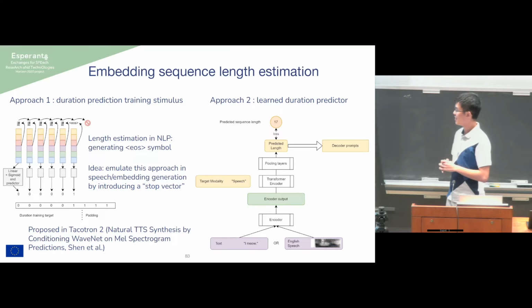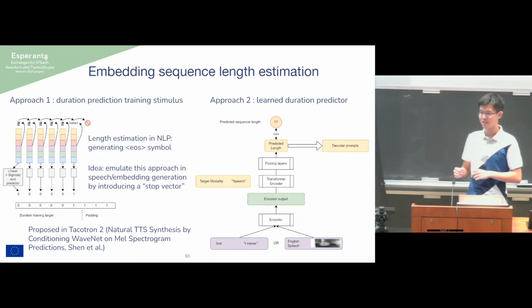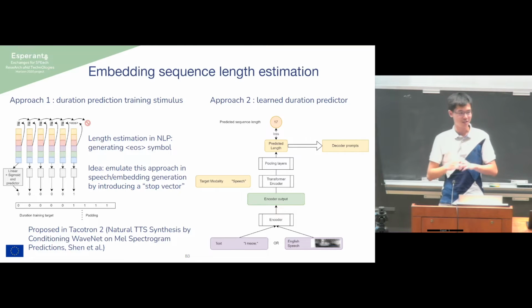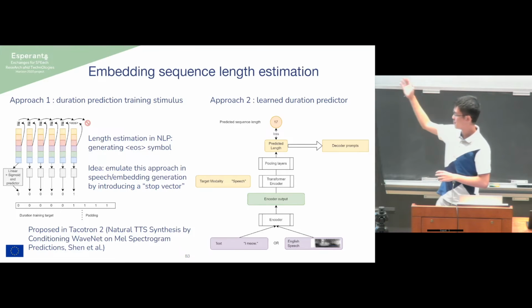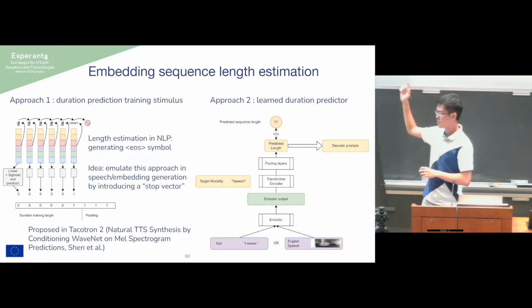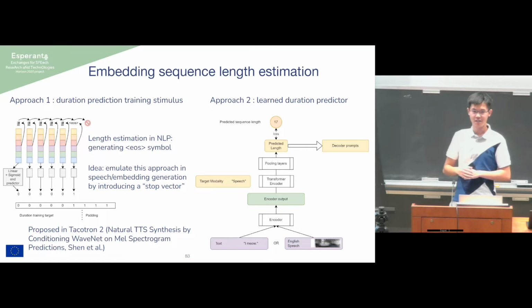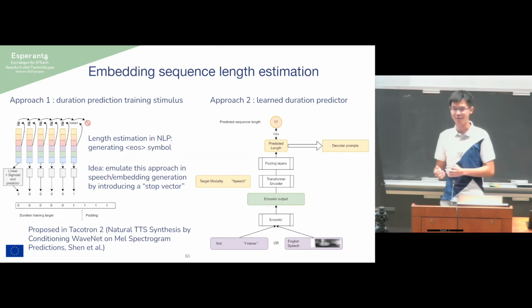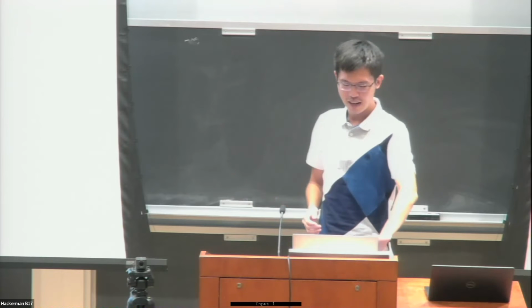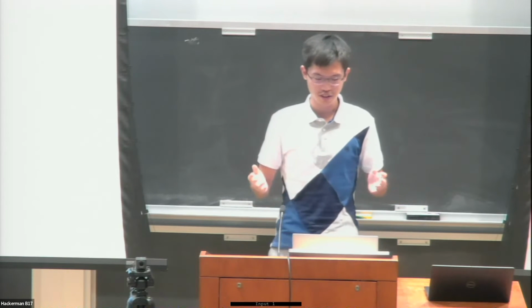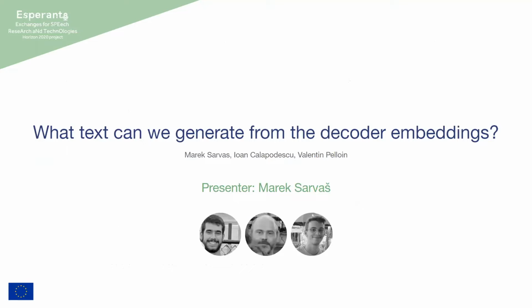We find that this system was able to produce very accurate estimations of sequence lengths, and the output can then be used as one of the prompts to our decoder, which helps our decoder get some idea of how long the target sequence is supposed to be. So my colleagues will now introduce the subsequent parts of the decoder, namely the text coder and vocoder, which will actually generate interesting things like text and speech.